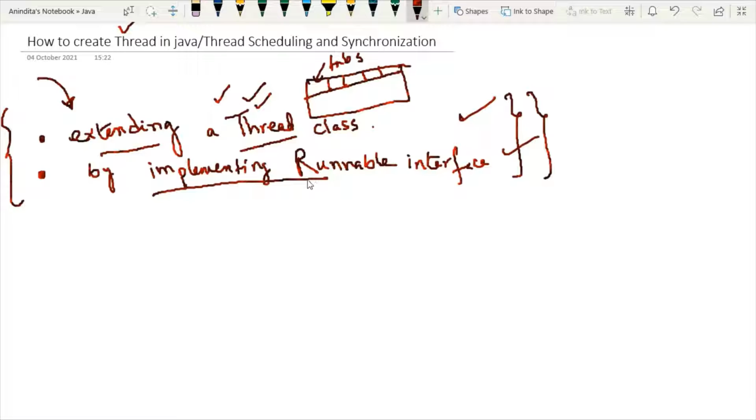So in the package section, I have already defined that in Java, we always have some classes which are pre-existing. Also, we have some interfaces which are pre-existing. So we can use them either by using the extends keyword, or we can use any interface using the implements keyword. So today we are going to do this kind of activity.